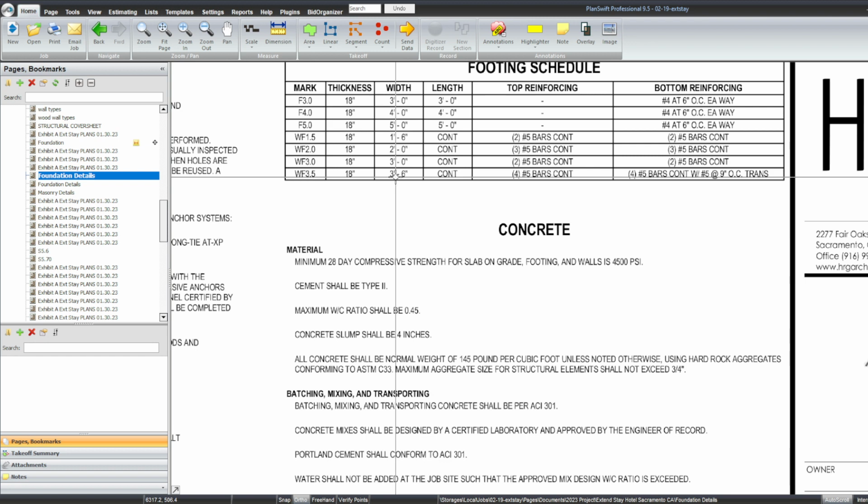And then at the bottom, for number 5 continuous. So basically you have 8 number 5 continuous in terms of your rebar totals, with a number 5